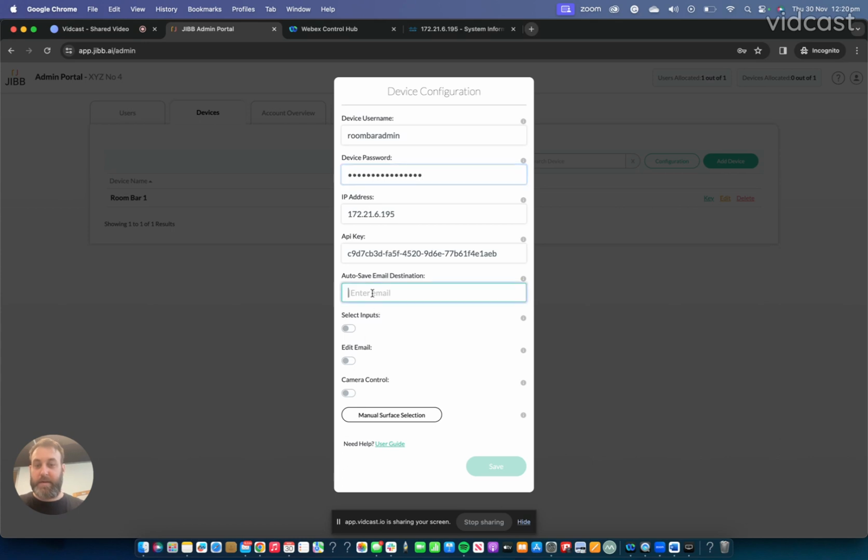like that. Now I'm going to enter an email address here, which is going to be the default email address that I'll receive the autosave PDF at the end of every session on this device, like that. Now, you may want to enable this option, which is edit email. This will add the option to the room navigator for the end user who is in the room using JIBB to enter their email address manually before starting, and they will receive the autosave PDF at the end of the